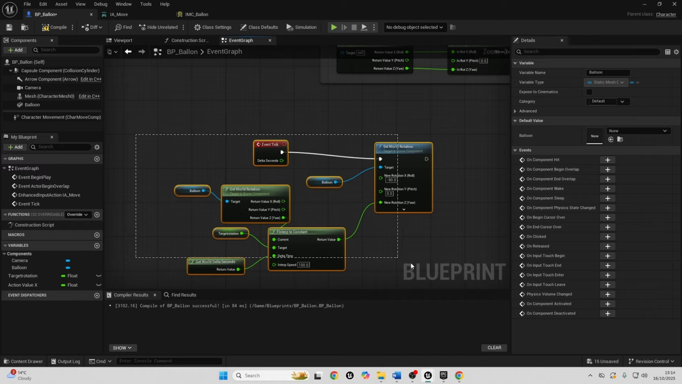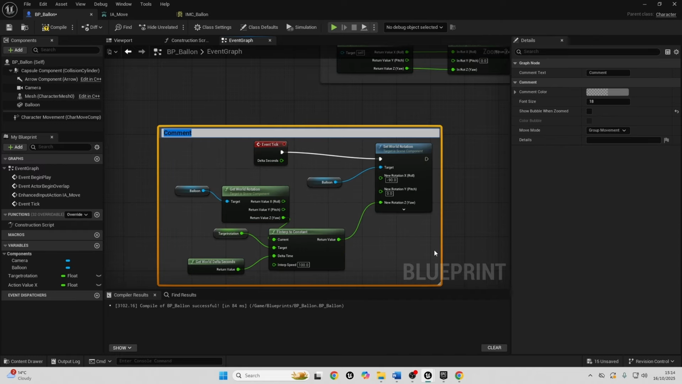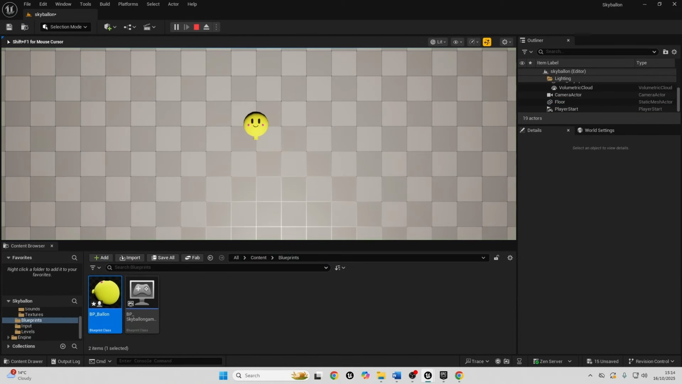Let's just comment this, and I'll call this handle balloon rotation. Okay, compile this, and let's test this out. If I play my game, you can see when I move towards the left, my balloon slowly rotates towards the left, and when I move towards the right, my balloon will slowly rotate towards the right. Although when the player is not pressing any button, I want the balloon to return back to its default 90-degree